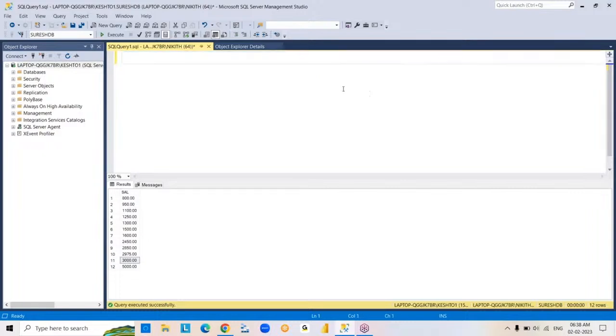Okay. Let's do one thing. Some of you have not installed SQL Server. I know that. Even database also not created. Because if you want to create a database,